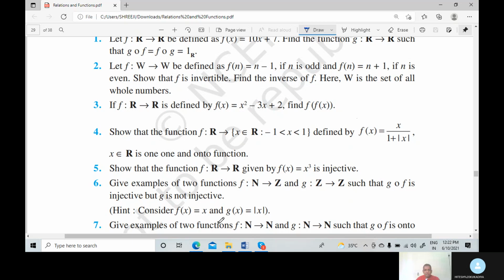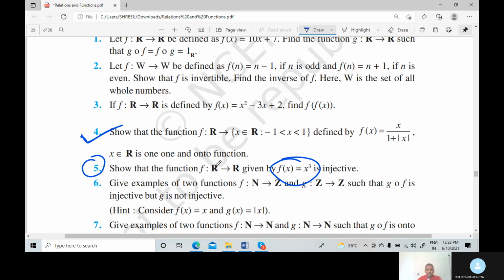We discuss about one-one and onto functions. I think one or two sums in this method are remaining. Now first we discuss question number 4 and next the fifth, but the fifth one is already explained in exercise 1.2, f(x) equal to x cube, right? So only one sum is remaining in this method. Then we start the new method.